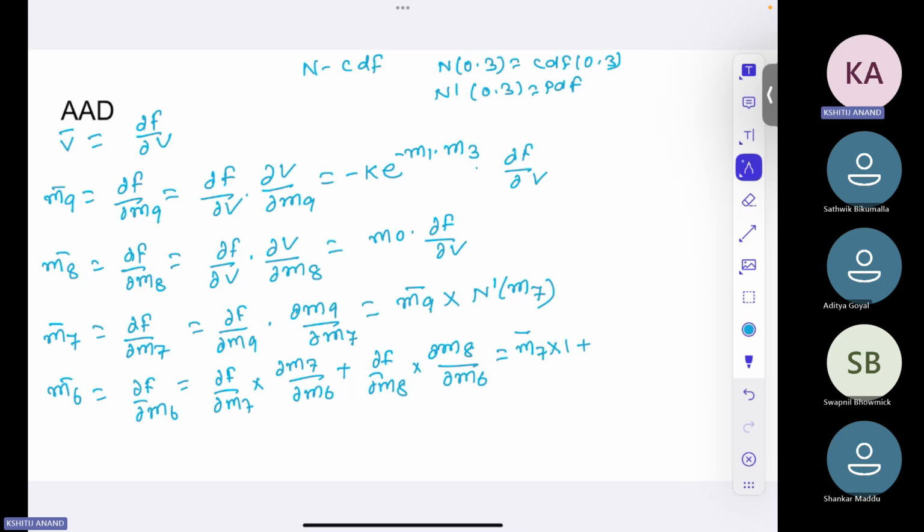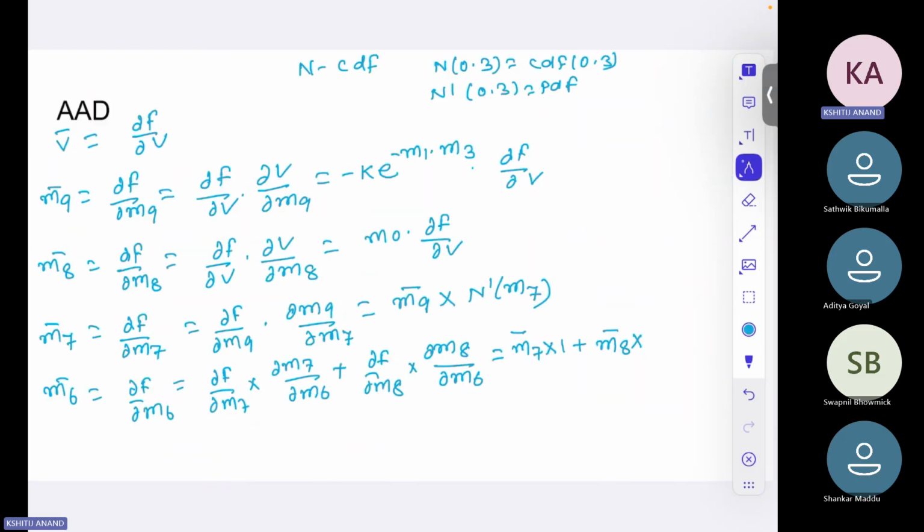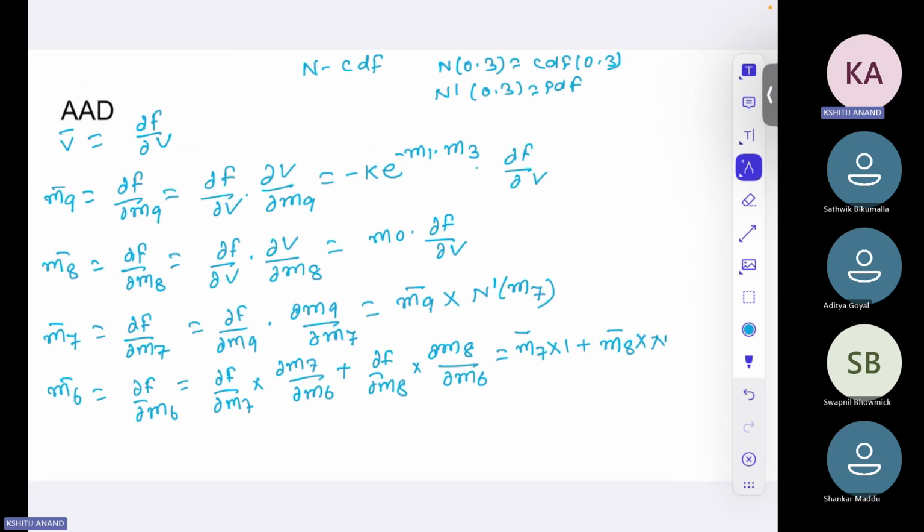Right. So now this is M8 bar, and what is dM8 by dM6? Differentiation of M8 with respect to M6. Again, it will be normal n of M6. Correct? Now M5 bar,